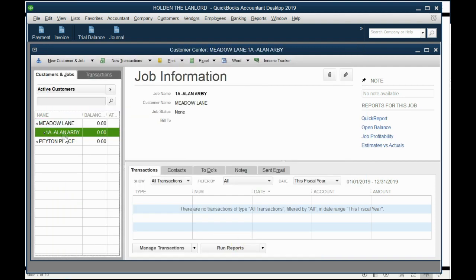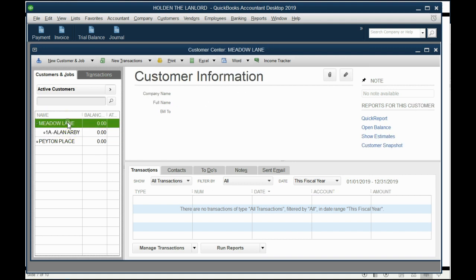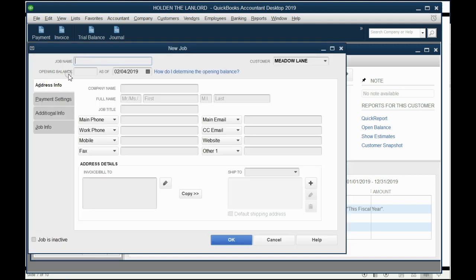Click OK, and notice there's an indent here. This indent tells you that Allen Arby is under Meadow Lane. Make sure Meadow Lane is selected and click New, Add Job. Now we type in apartment 2B-Betty